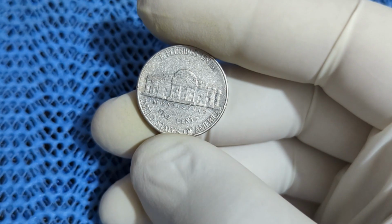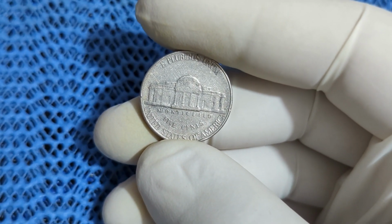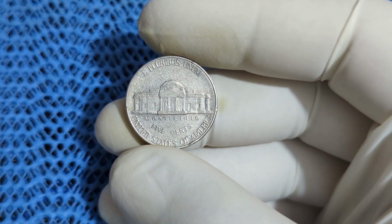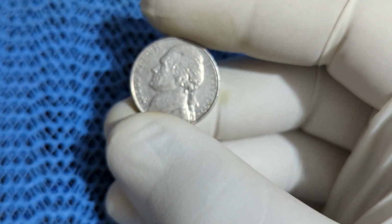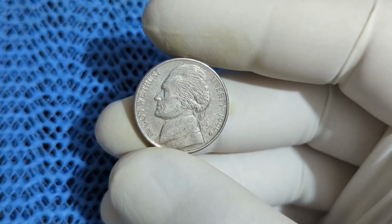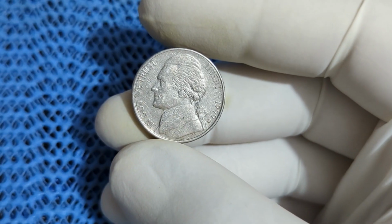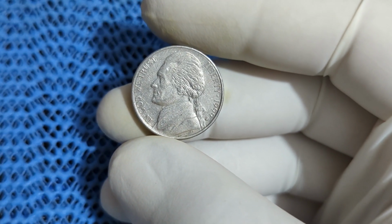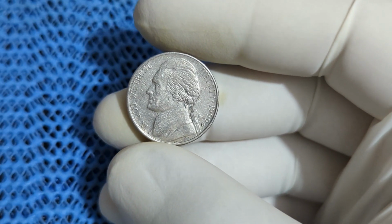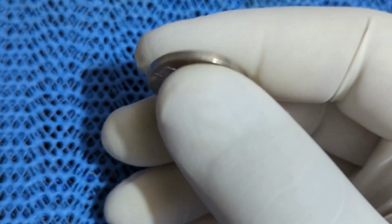Second, the quality of preserved specimens offers a window into the mint's manufacturing process at the close of the 20th century. Examining the coin's strike, luster, and metal composition gives insight into production standards and material choices of that era. Third, for newer collectors, the 1999 nickel is an affordable entry point into the hobby, offering historical significance without high acquisition costs. For those who appreciate subtle numismatic details, this coin also provides opportunities to study die variations and grading